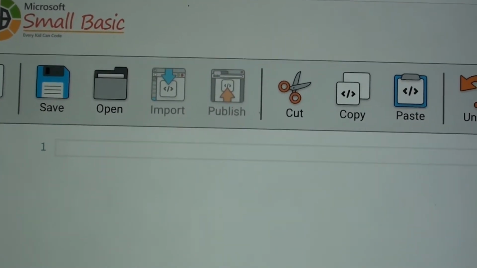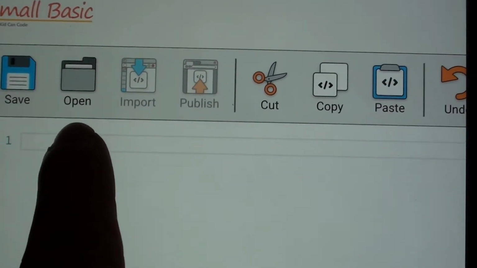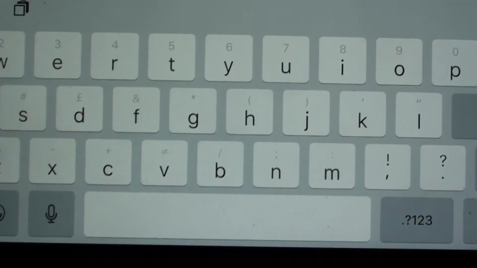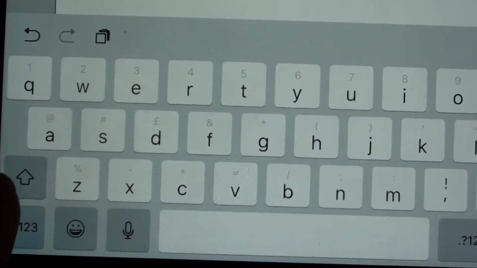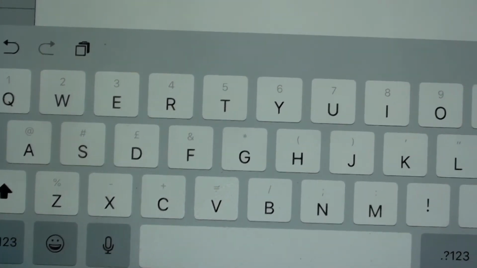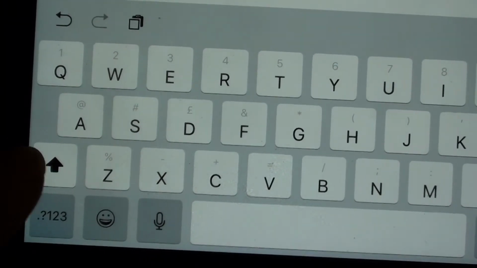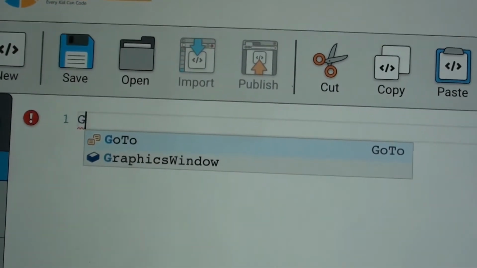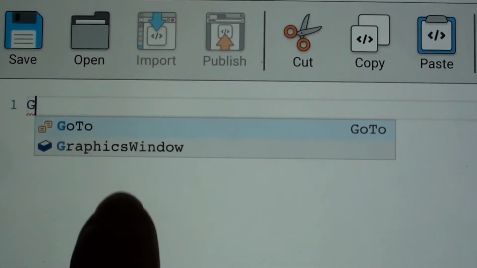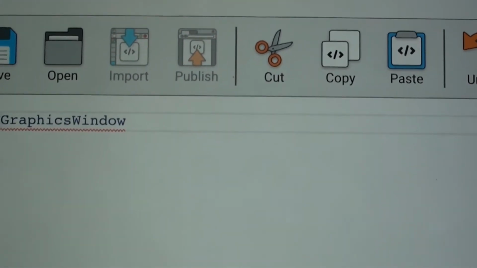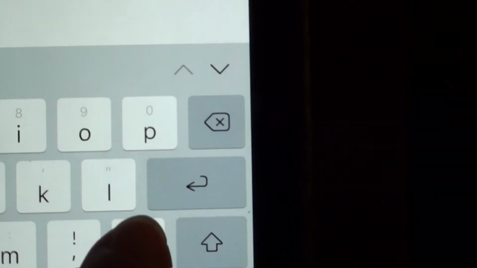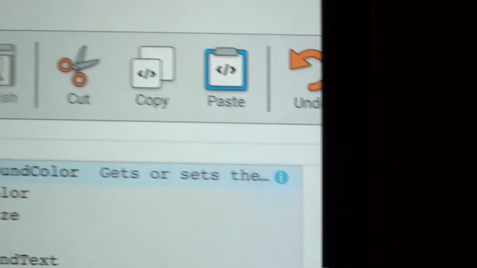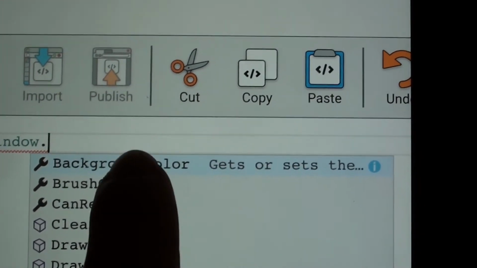Now that we've got our new program, we're going to first of all click inside the box there, and that will bring up our keypad. So to begin with, we need a capital letter, so you're going to press the shift, which is the one there, that gives us our capitals, and then we're going to start off with capital G. Now back up at the top, this then gives us some options, so we're going to click on graphics window. Back down here on the keyboard, we're going to just put a dot, full stop. That gives us some more options here, so we're going to go then to